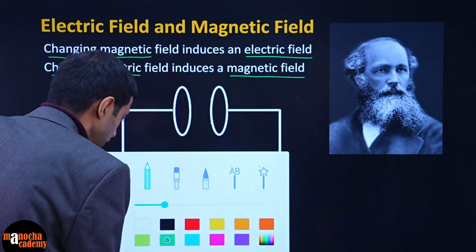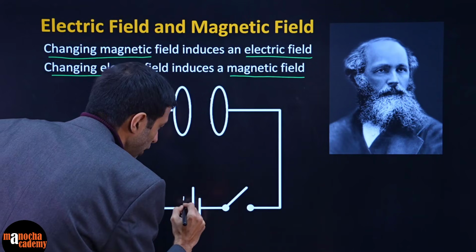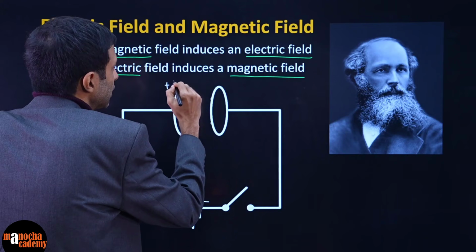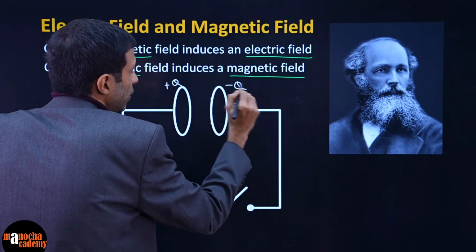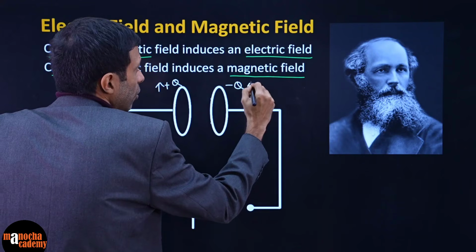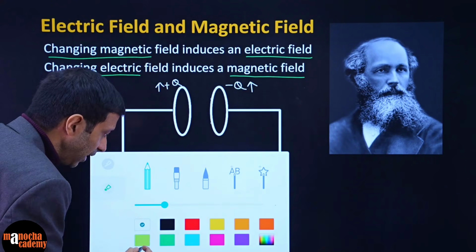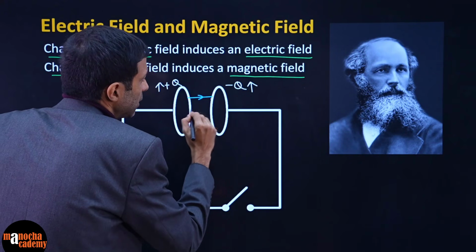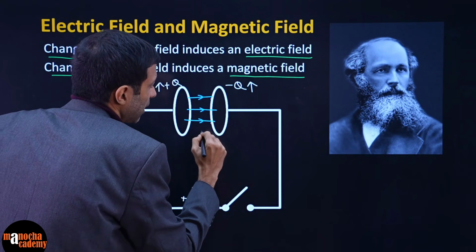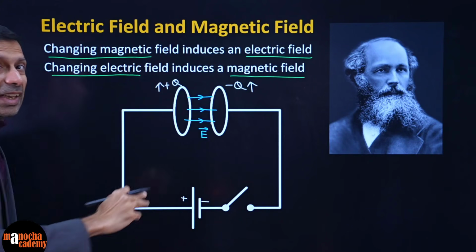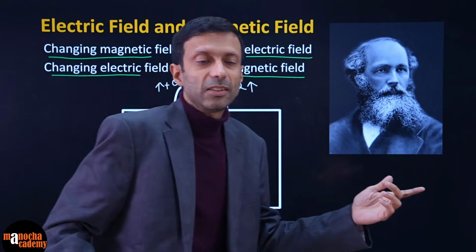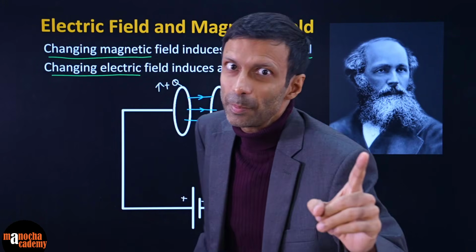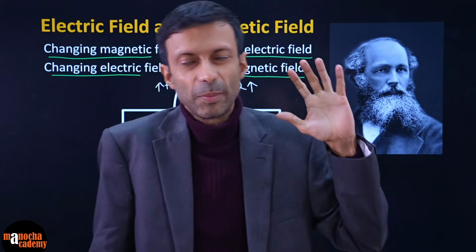And remember this famous experiment where we had the charging of the capacitor, right? So when you turn on the switch, the charges on the capacitor plates will grow, which means the electric field between the plates of the capacitor will also increase, and this will induce a magnetic field. It will create a magnetic field around it, and he explained it with the concept of displacement current, which I taught you in the previous class.